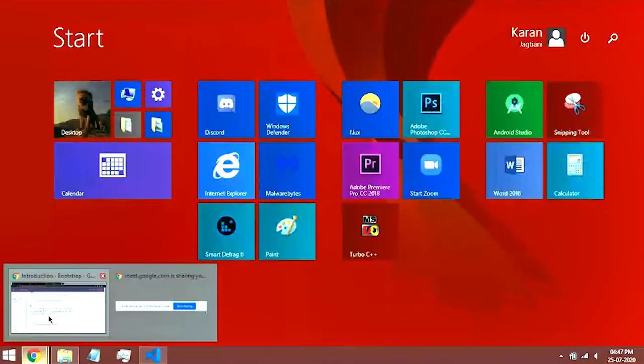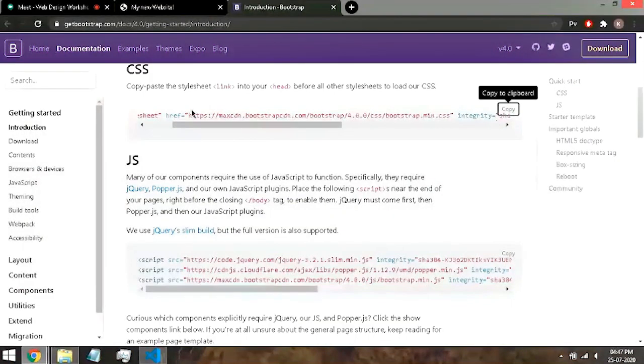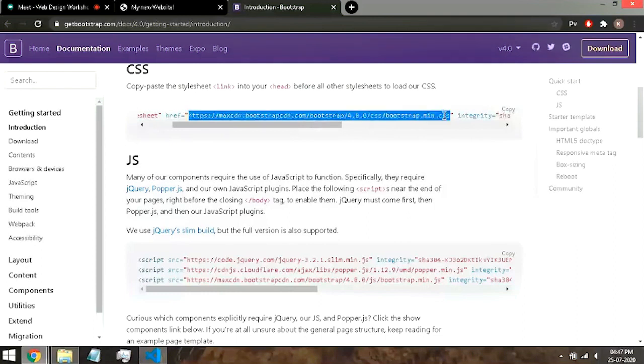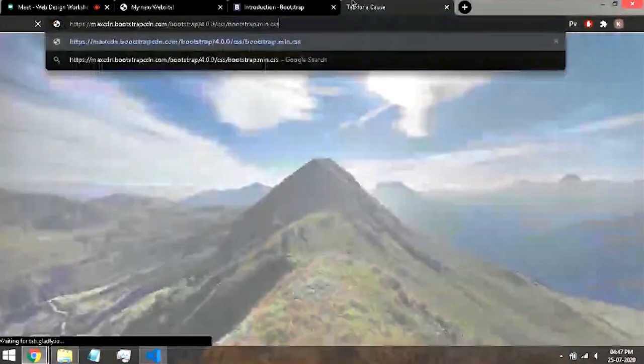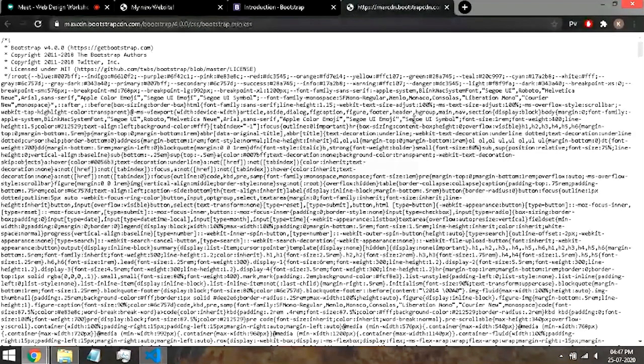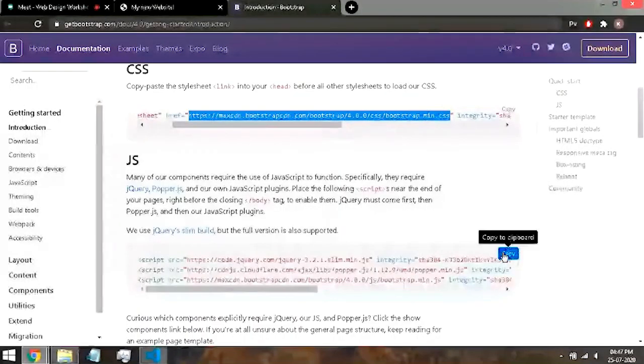So that's what a CDN is. It's to include files from a server, and it's Bootstrap's server that we are including it from. I will just show you what exactly Bootstrap looks like. So see, this is the actual code of Bootstrap. It's thousands and thousands of lines of CSS code, and we just have to include this directly. We don't have to type it manually and make our web page responsive. They have done this for us.